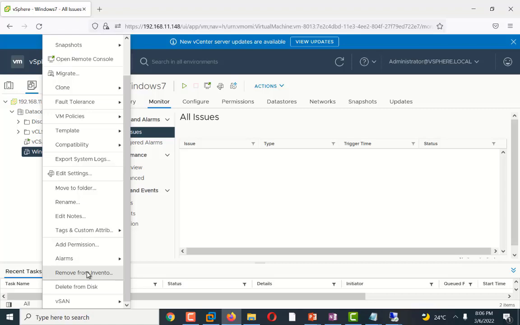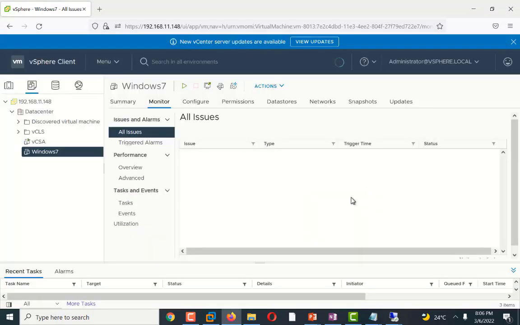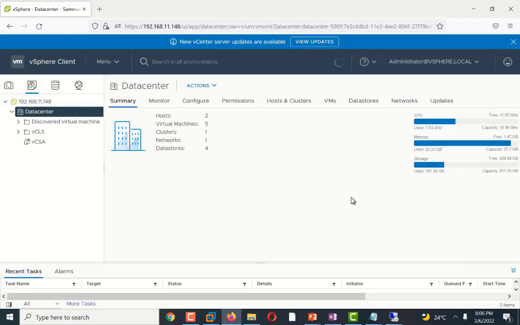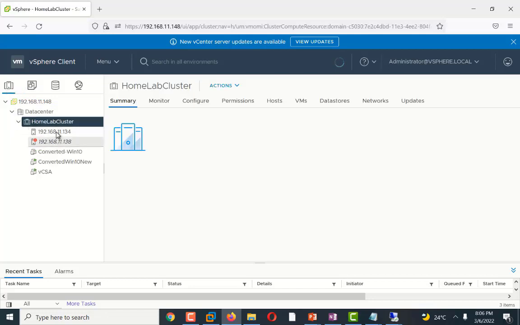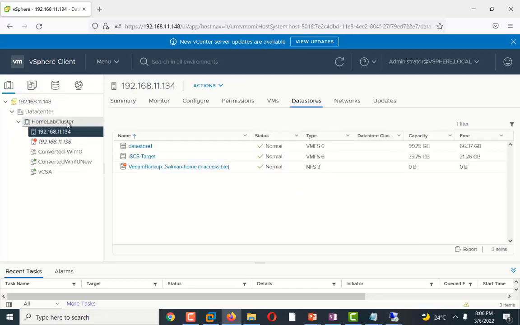First of all, I will install an ESXi server on that server and join it to the vCenter server, which I also described in my previous lecture. Let's suppose we have a host like this, 134. For registering the old machine, I will go to the data store and click on my iSCSI data store. The easiest method for registering any VM from the data store is to right click on it. There is an option called register VM.